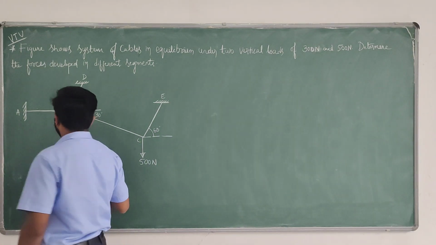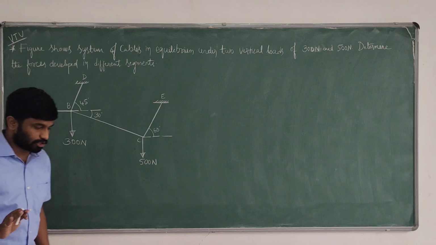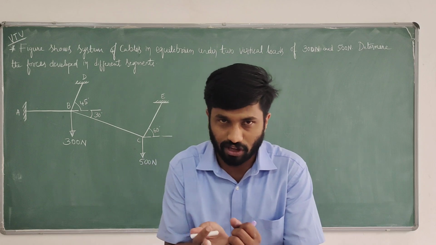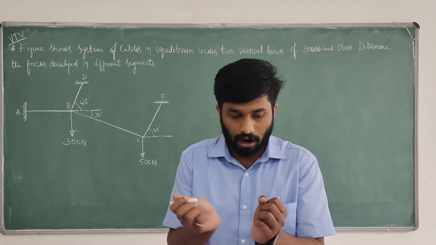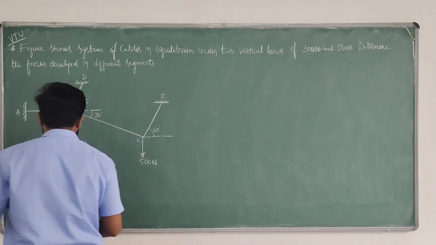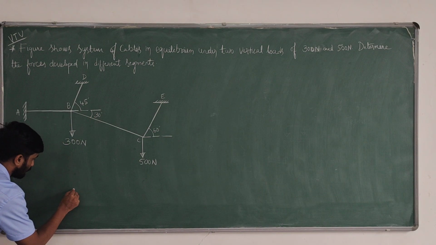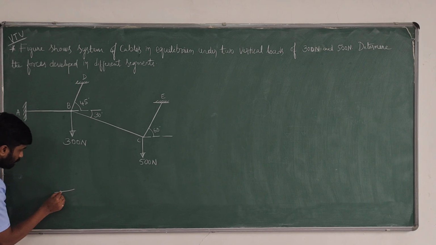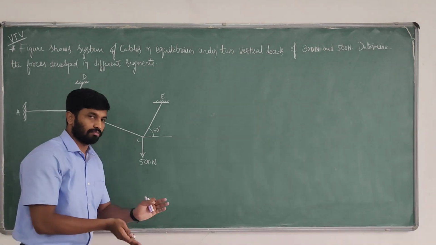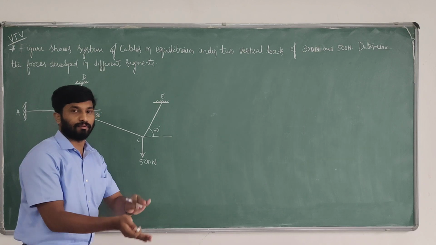So first we have to write the free body diagram. I already told that if in a system there is a string or cables, we assume there is a tensile force. Tensile force means, with respect to the joint, the force acts away from the joint. So this is point B, and I am going to write the free body diagram of B. This is one segment, tensile because string, so I will note this as force T, tension, TBA, which is equal to TAB, both are same. Force in BA member is equal to force in AB member.